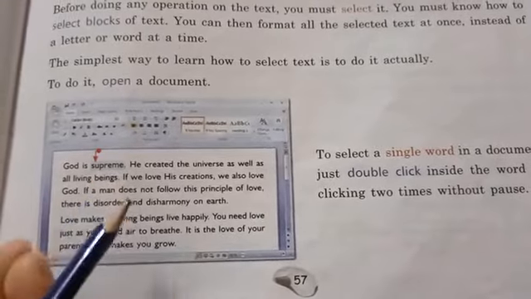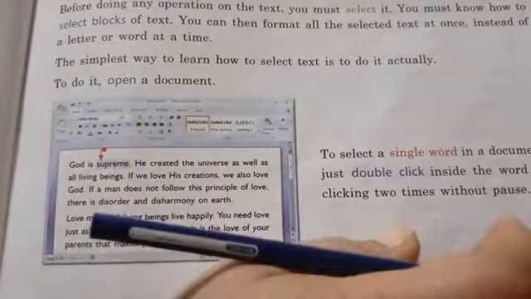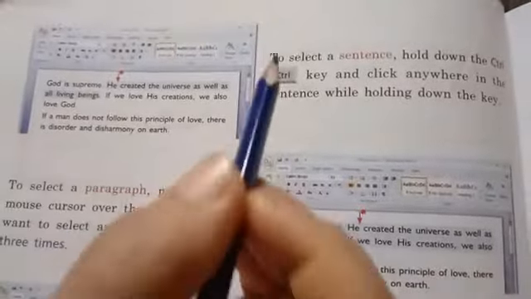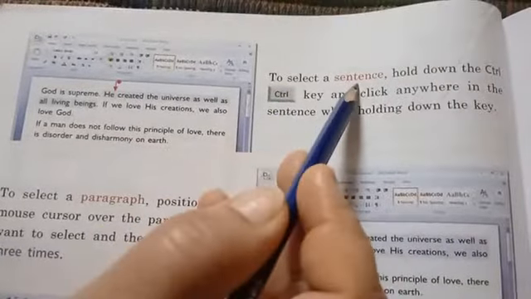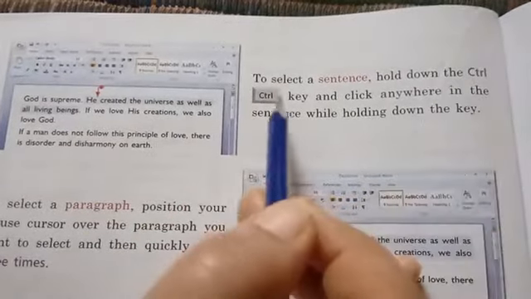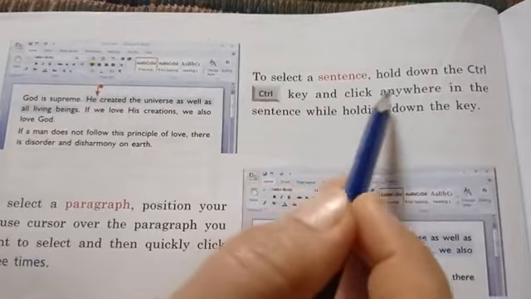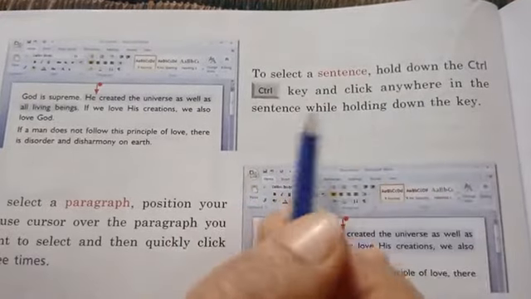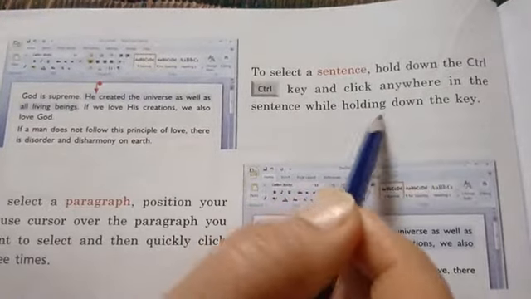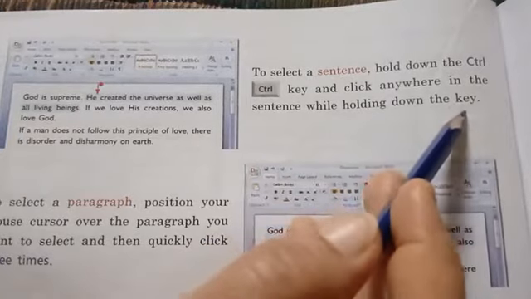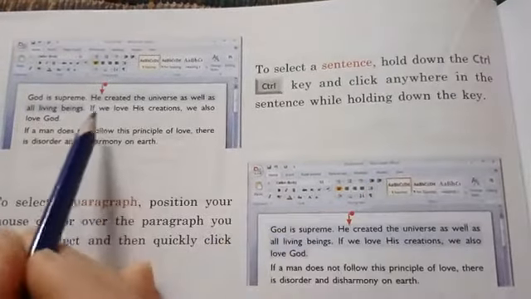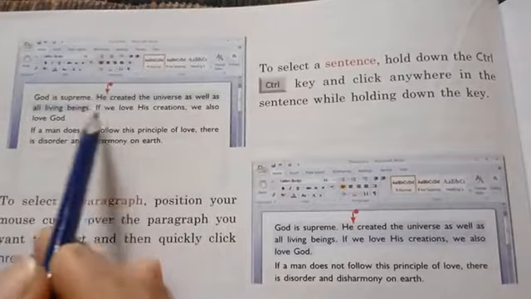Now, page number 58. To select a sentence, hold down the Control key and click anywhere in the sentence while holding down the key. Suppose you want to select this line.